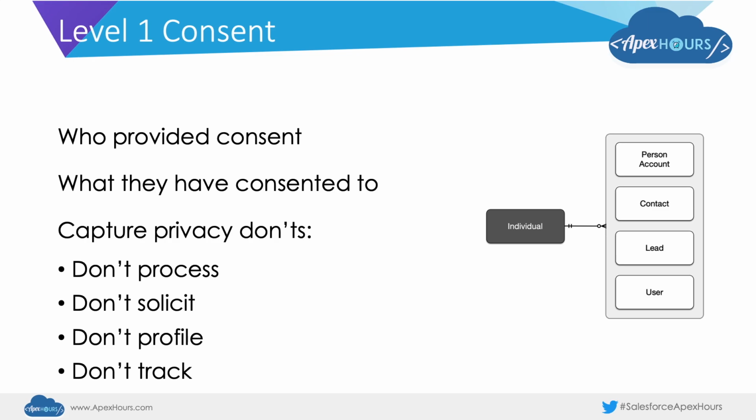And it stores this consent data in the individual object, where an individual can either be a lead, a contact, a user, a person account record, or any permutation of these object types, or none of them. Now, the intent of the individual object is to abstract privacy data from the lead, contact, user, or person account at a record level, and specifically capture the privacy don'ts for an individual, which include don't process personal data, which